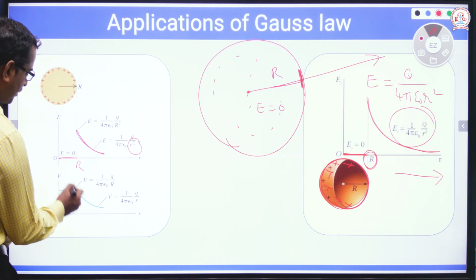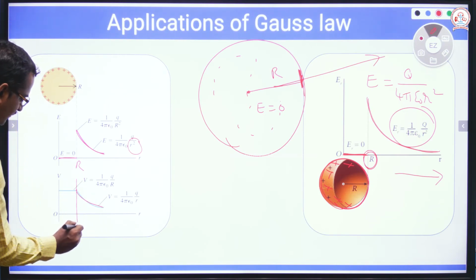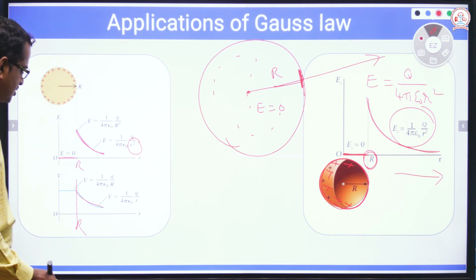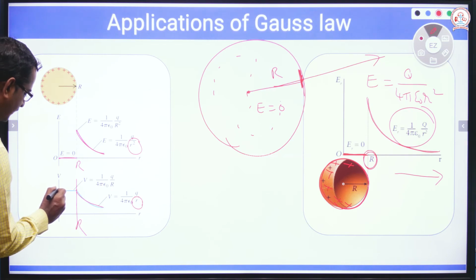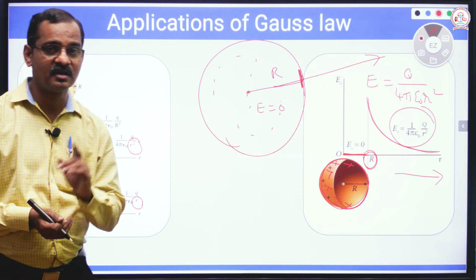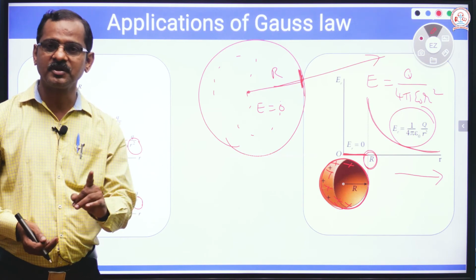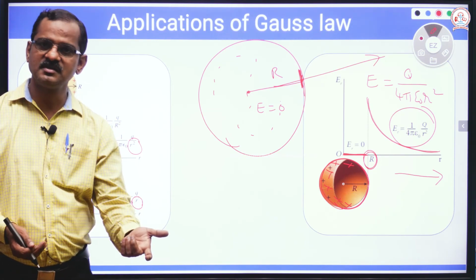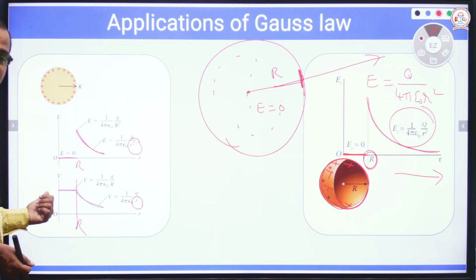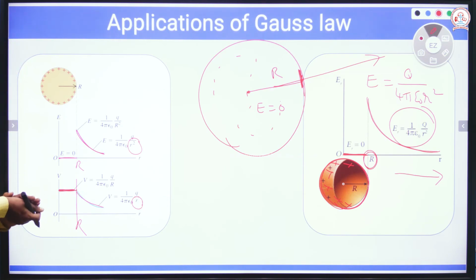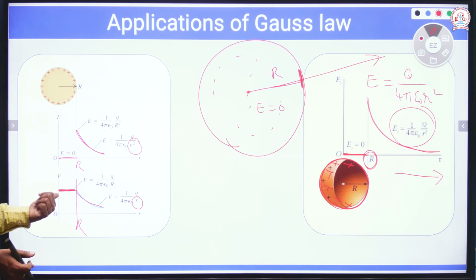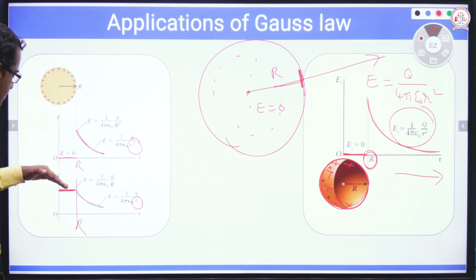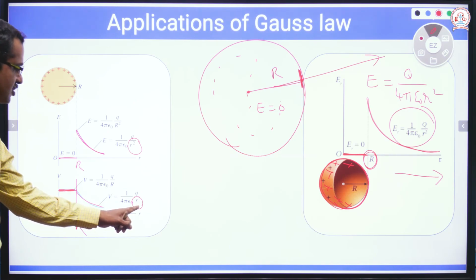You just see here, potential also decreases after this point. Electric potential due to a charged sphere decreases with respect to R because it is inversely proportional to R, whereas electric potential is not zero inside the sphere. What is electric potential? Electric potential is work done in moving a charge, isn't it? That is not zero inside the sphere, because that is work done. V is a constant value inside the charged sphere. Outside the sphere, electric potential gradually decreases. It is inversely proportional to R.